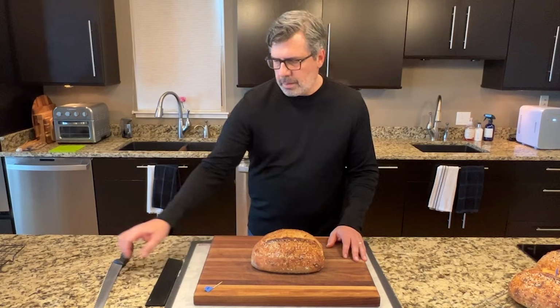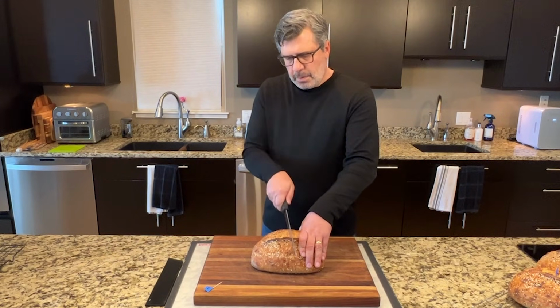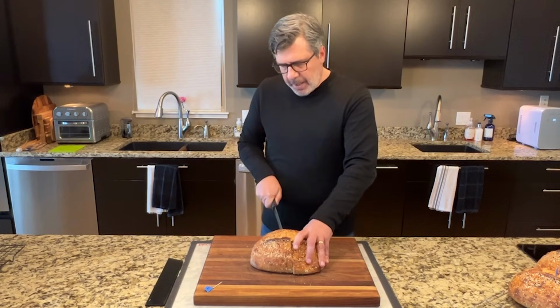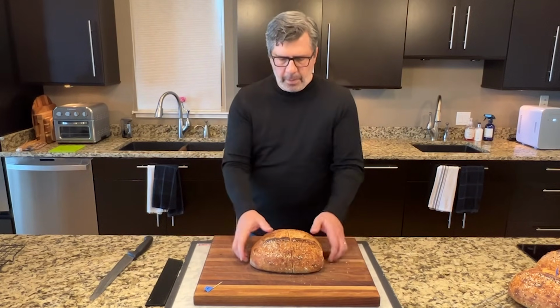Loaf number 1, tartine, fermentus interruptus. 3 hours after you start the tartine process, hit the brakes, put the dough in the refrigerator for 12 hours. The result,